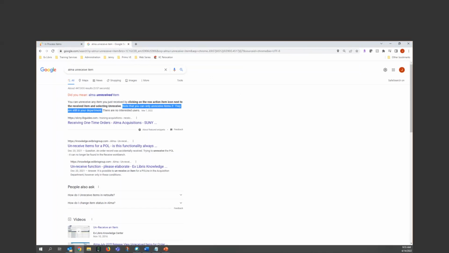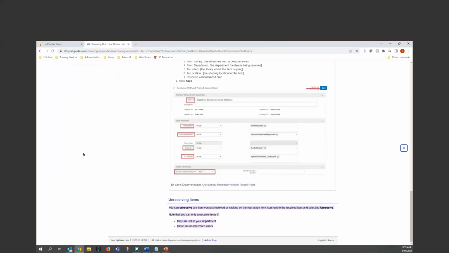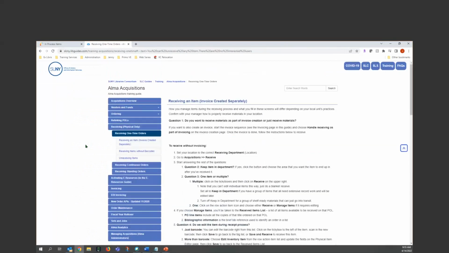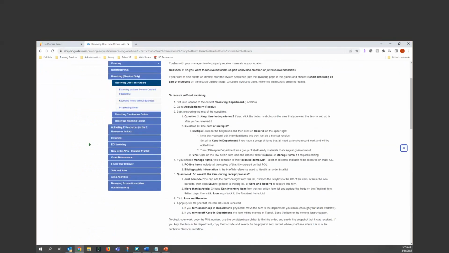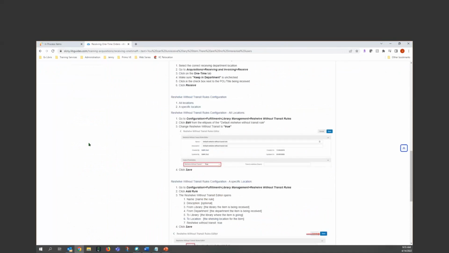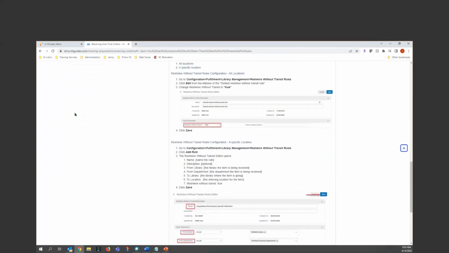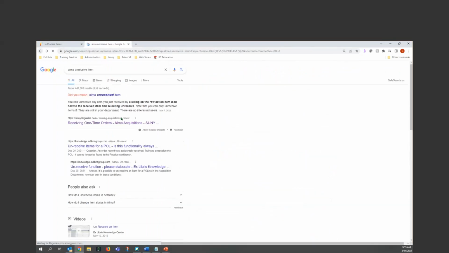And look how I just searched this, and this is actually the SUNY group. This is their LibGuide, and they keep this up to date. If you are a consortium yourself, they're a great resource because they talk about a lot of issues. There's a lot of good customer information. This is coming from us,